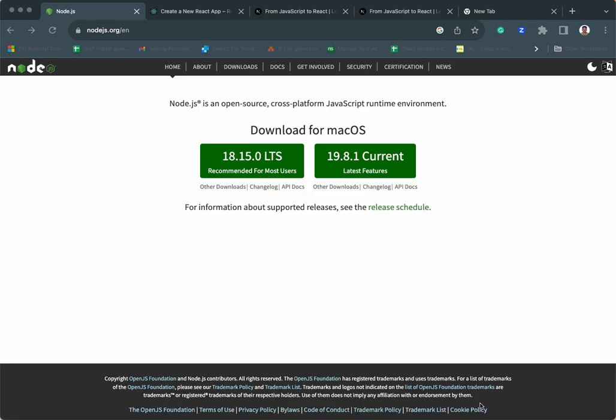To show you how to create a React.js based web application. This could be most useful for a new developer, not for a really advanced developer, but a new developer can see how to create a React.js based application. So to begin with,